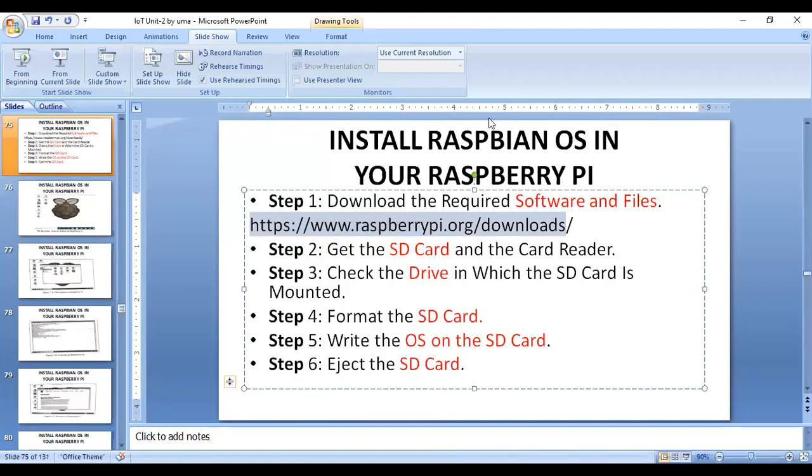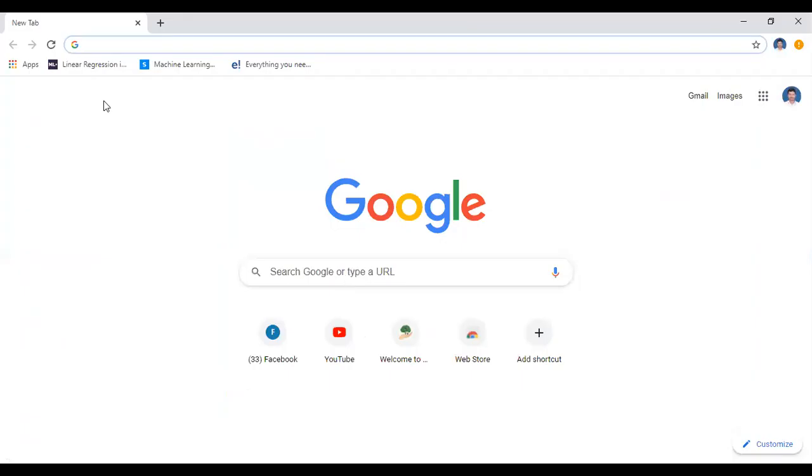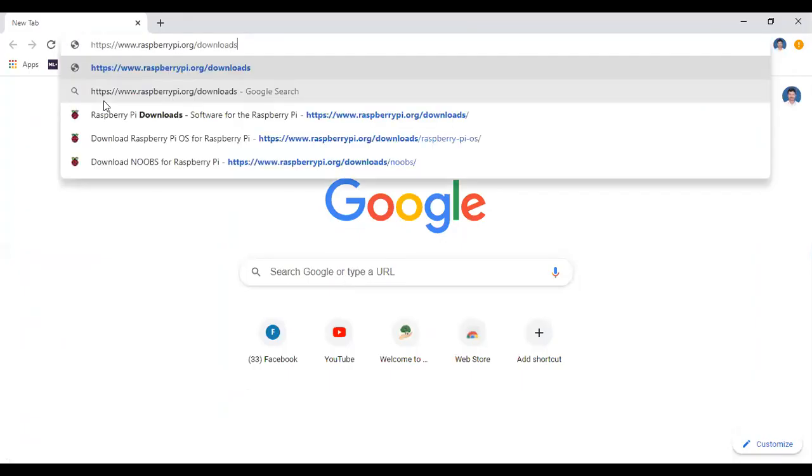For the software and files, go to the site Raspberry Pi dot org. Under this site, there is a download section. Click on the download section.